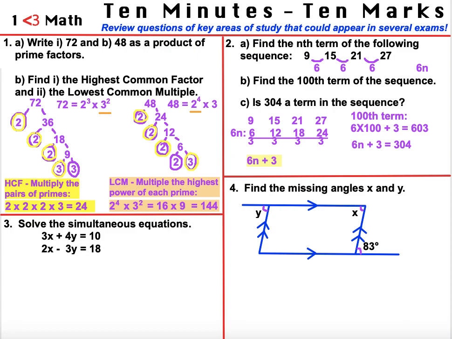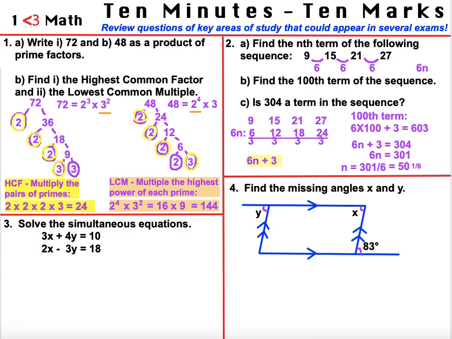So we'll solve this equation. We'll take away 3 from both sides. We get 6n equals 301. Now you can gather at this point that it's not going to be a term in the sequence because 301 is not a multiple of 6. But if we divide it by 6, we get 50 and 1/6, which isn't a whole number, and we can't have an n